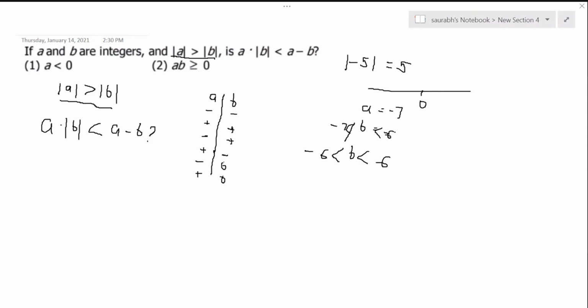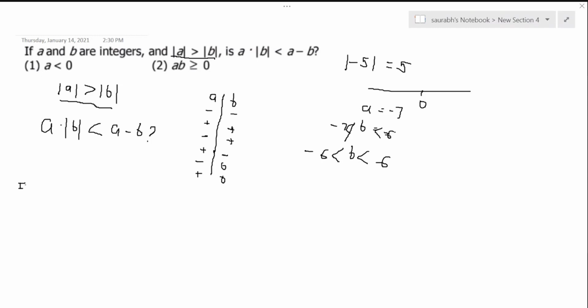See guys, why I am writing it down? Because you have to consider all these conditions along with the statements that are given below. If you don't consider all the scenarios, you may not get the correct answer. So every time you're given an absolute value, you have to evaluate all the possible scenarios like this. Okay, let's move on to statement number 1.